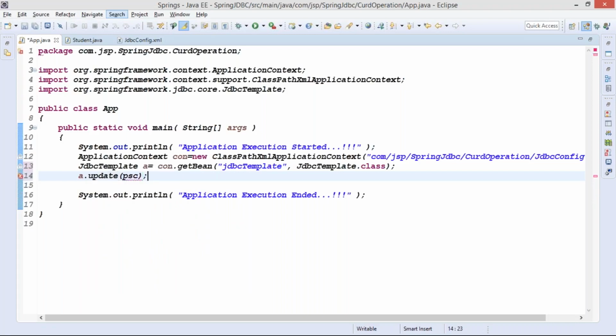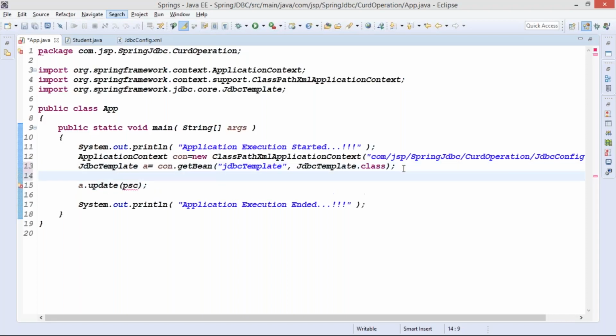But hold on, here we have to write the query first, because how will Spring JDBC get to know in which table you want to insert and what you want to insert? So we have to pass it here. So can I say here String query equals to, now I want to insert the data. Let's say I want to insert a data. So I'll say insert into